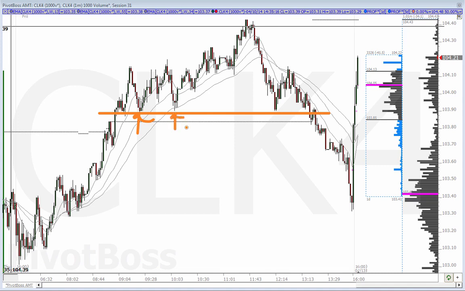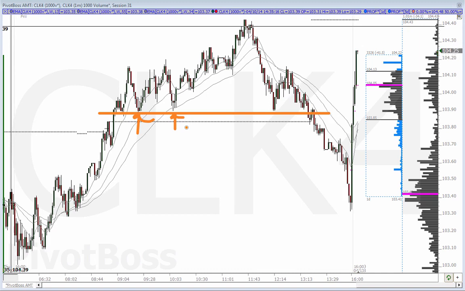And of course, if you're able to identify certain key elements from the footprint chart, like aggressive buyers, aggressive sellers, and where the passive buyers and sellers are placing resting bids and offers, and if you're able to identify the stuck buyers or sellers that are entering the market and becoming trapped, those are the key reversal points that